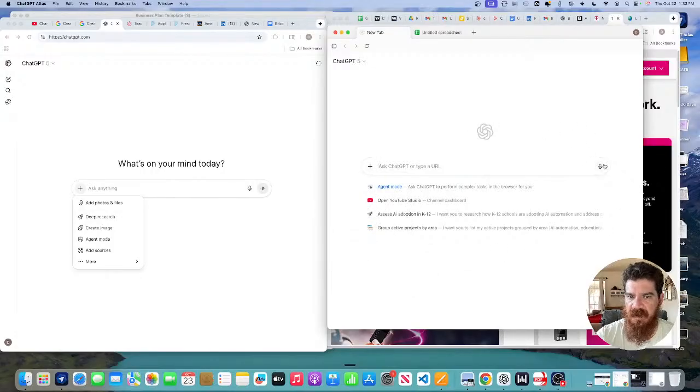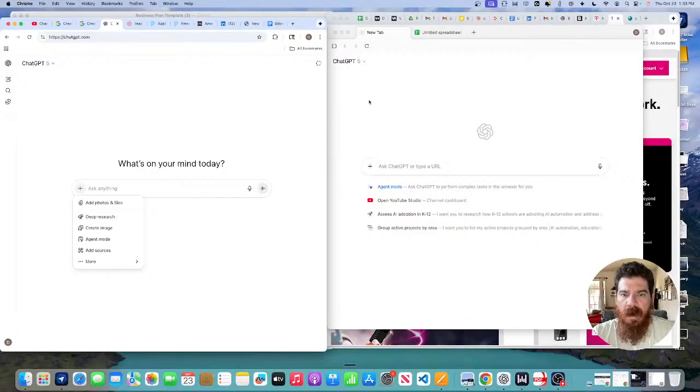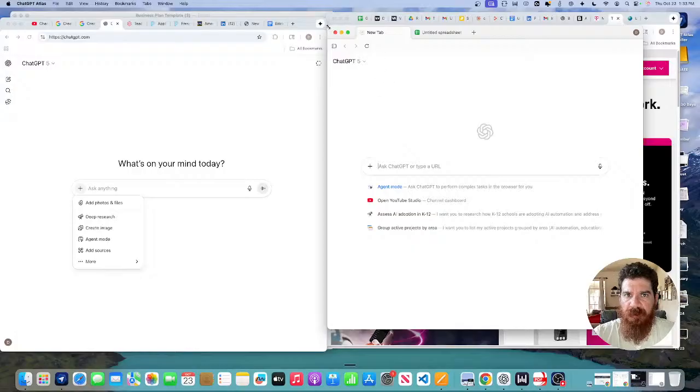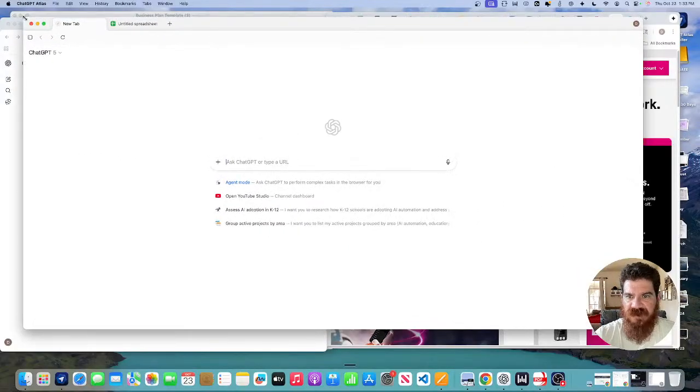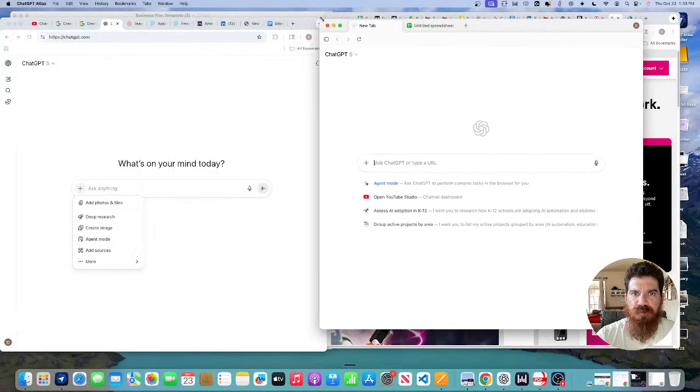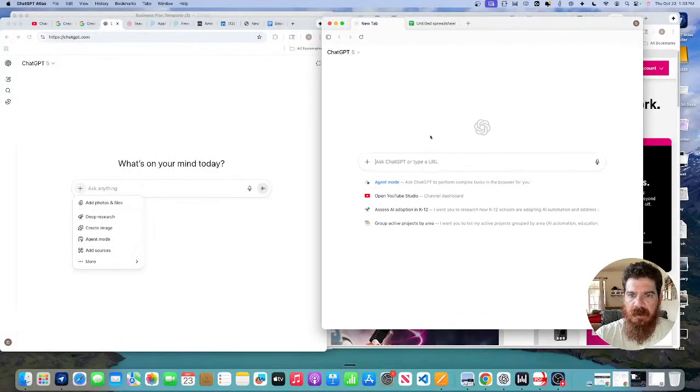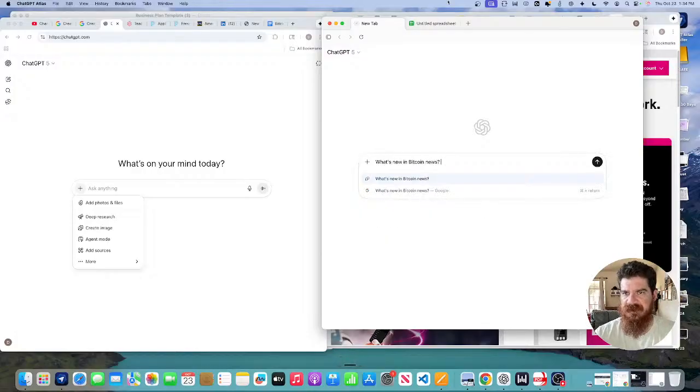Buttons. I think they did take away advanced voice, so you don't have advanced voice, but it allows you right off the bat, opening up as your default browser is ChatGPT. And let's check to see how different the web browser is from the website. So let's ask a generic question. What's new in Bitcoin news? Okay, so the web browser